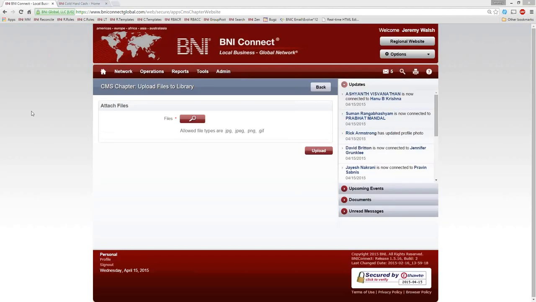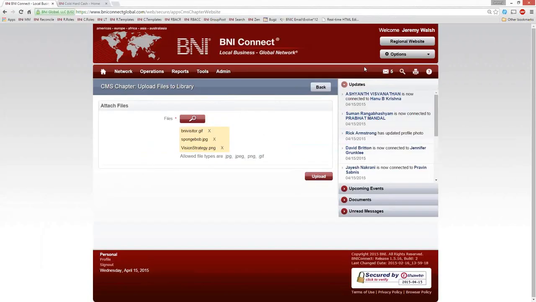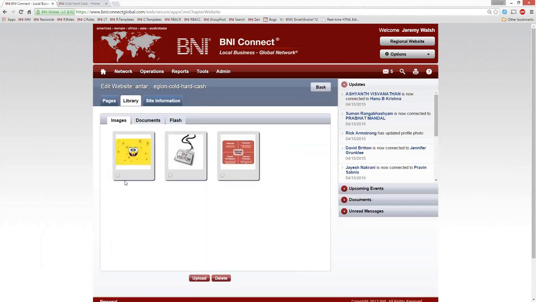From here, I just click the magnifying glass, and I can grab up to 3 photos at a time to upload to my chapter website. I chose 3 by holding down the Control button. I can then click Upload. It uploaded those, and now you can see we have our 3 pictures here that will be ready for use in the chapter website. If I want to add more, I can click Upload,